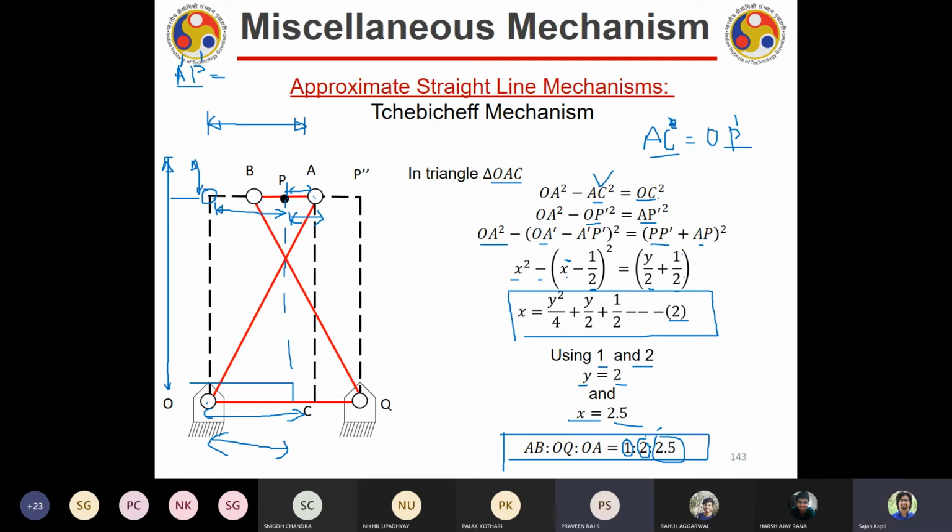Why don't you try it? I am sure one of the solutions should be negative. So what is the significance, sir? Negative means the Q will be on the other side, right? OQ is y, so Q will become QO. So we might have another configuration, something like that. Yeah, I think so. Let us try.